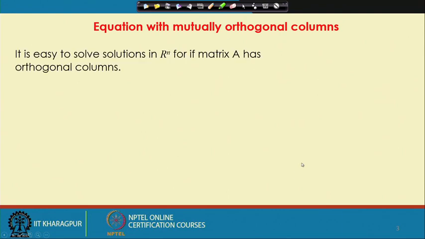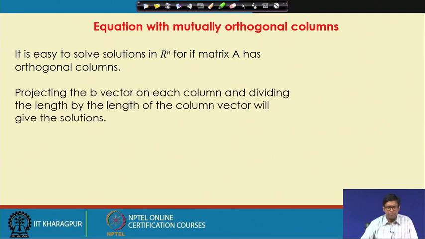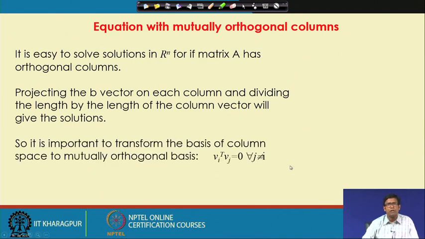Now, if we look into equations with mutually orthogonal columns, it is easy to solve equations in Rn if A has mutually orthogonal columns, and we have seen that. Projecting the B vector onto each column and dividing the projected length by the length of the column vector will give us the solution. It will also be important if we can transform the basis of the column space to a mutually orthogonal basis. So, what will happen when we have